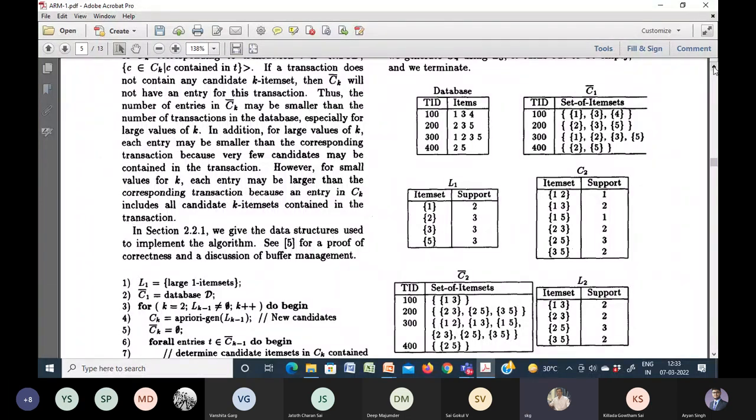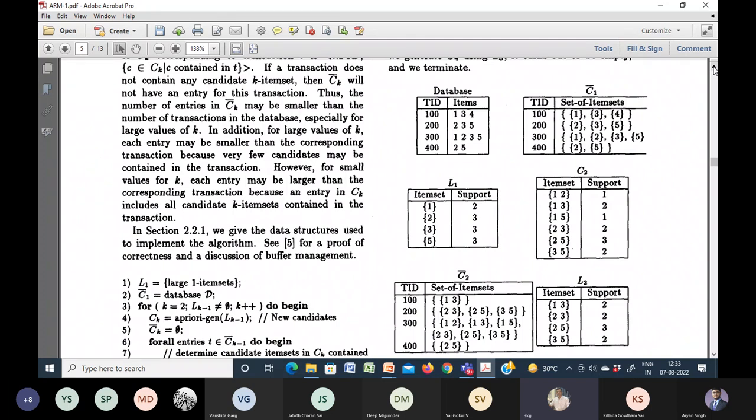Whereas for item set {1, 3} the support is 2, {1, 5} the support is 1, and so on. As our minimum support is 2, we again prune out {1, 2} and {1, 5}. So the candidate